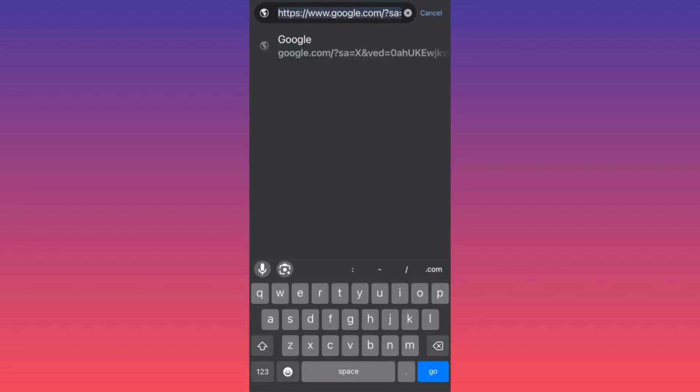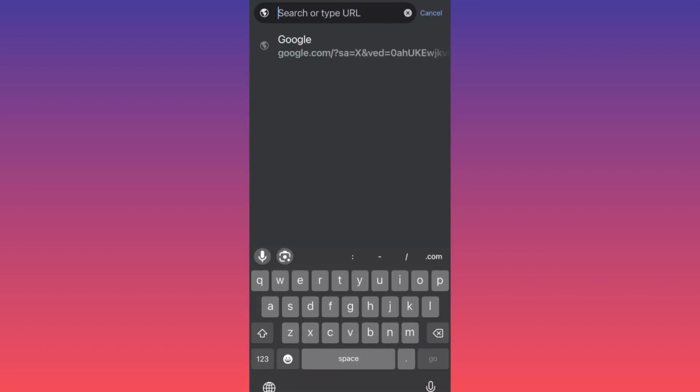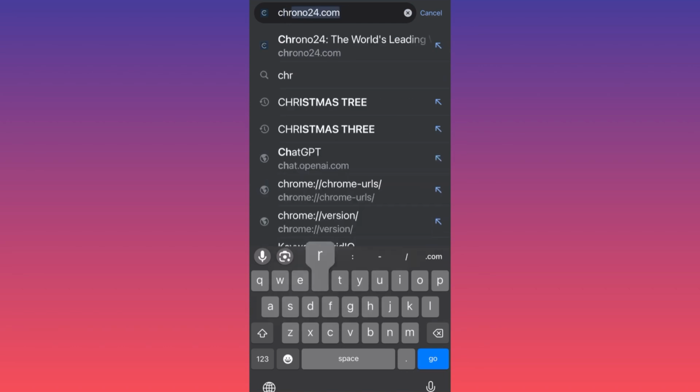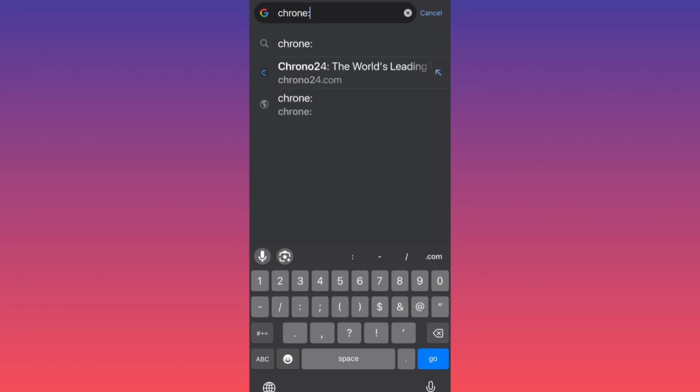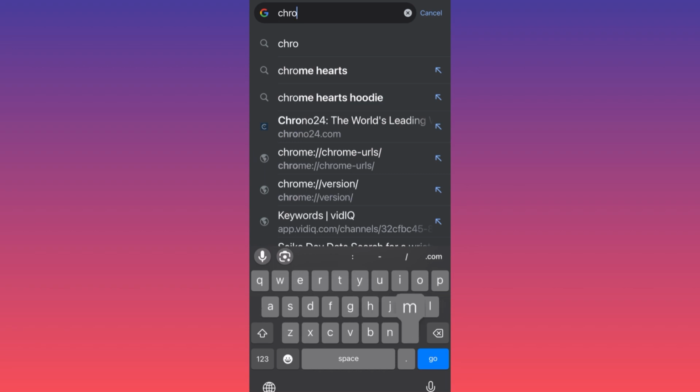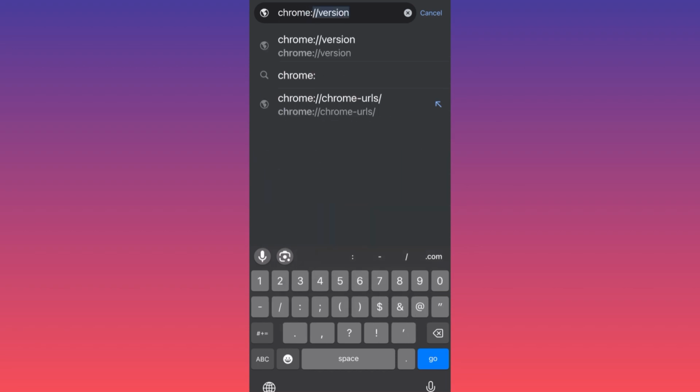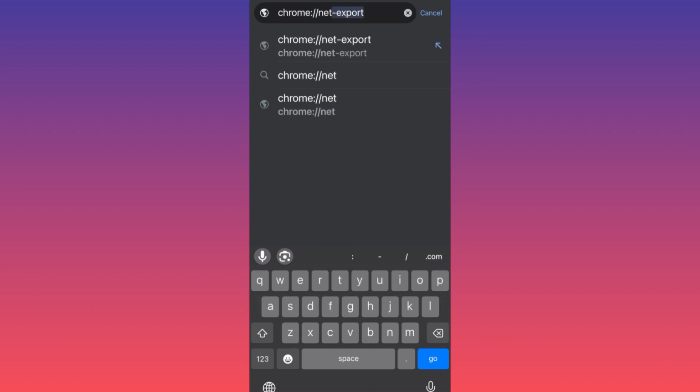So first thing, you want to go on the search bar, okay guys, and I want you to type with me. First thing, you want to type Chrome, okay? You want to do the two dots next after it, okay? Then you want to do the two slashes on the side. After that you want to include net. Then you want to include dash, and then you want to write